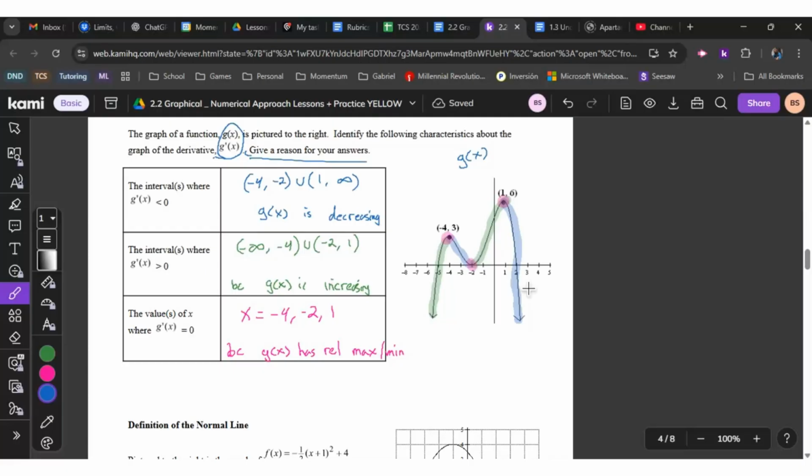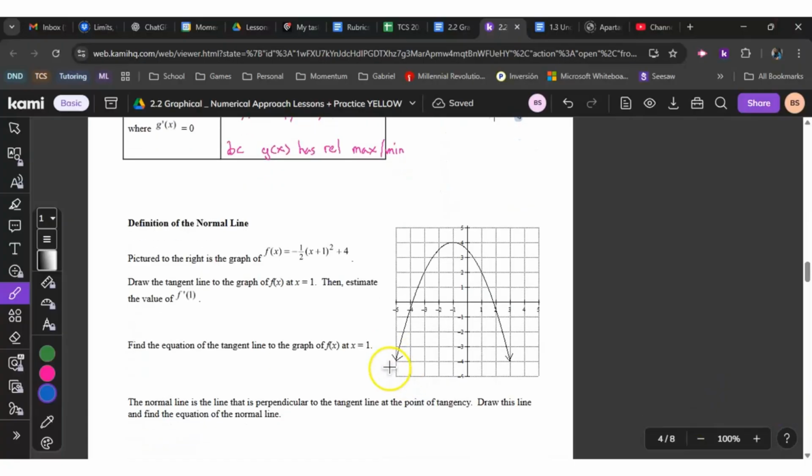Interesting. The next thing's going to be about the normal line. Who remembers what the normal line is? The normal line. Boys in the back table, you're talking too much. It's the secant line. No, it's not a secant line. The normal line. You learned this for the last like 4 years. What is a normal line? I'll tell you something. It's related to the tangent line. Yes. Similar. It's not a slope. But it's related to slopes in the sense that